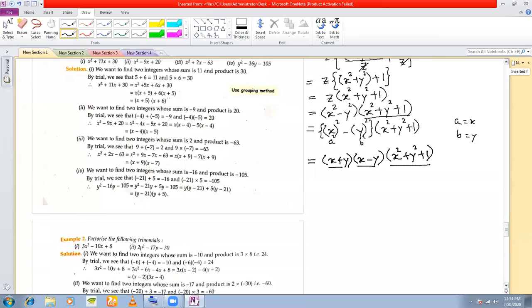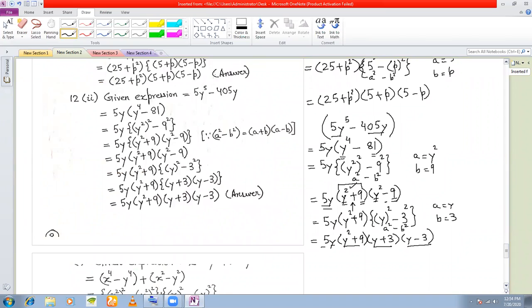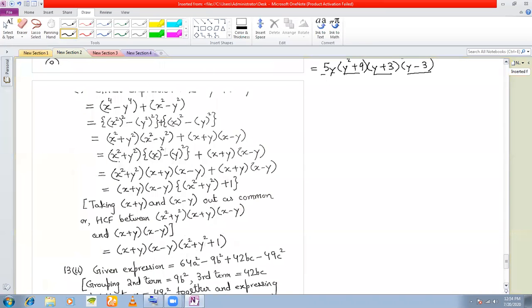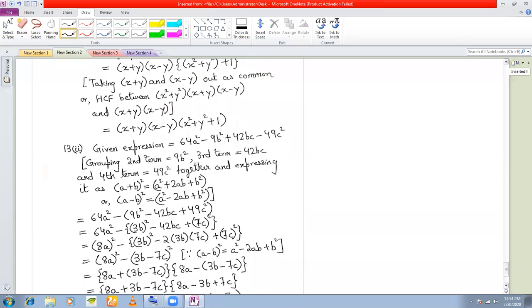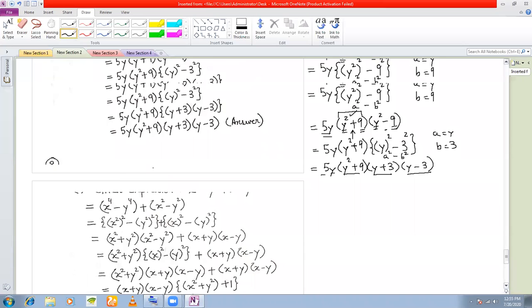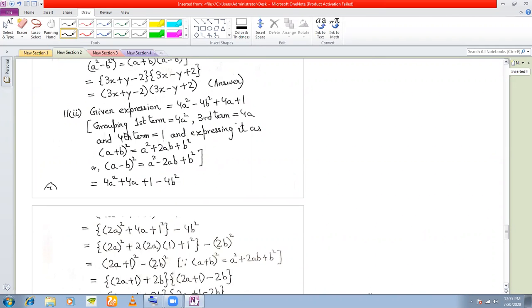Let us proceed with the last one. Now if you see, this sum looks like which sum? Have we done this type of sum or not? It looks like the last sum which we have done. No, not the last sum that we did. If you see, this sum looks like these sums.